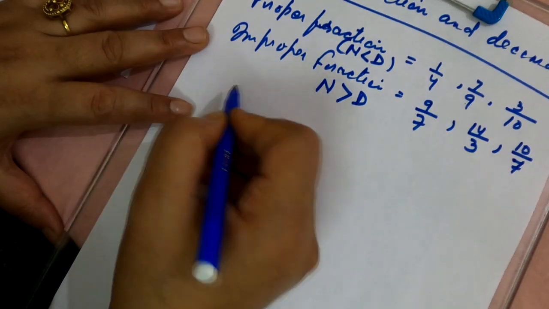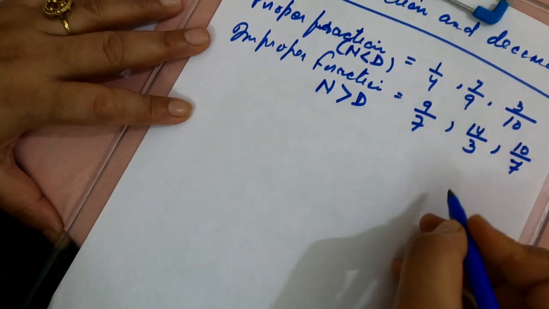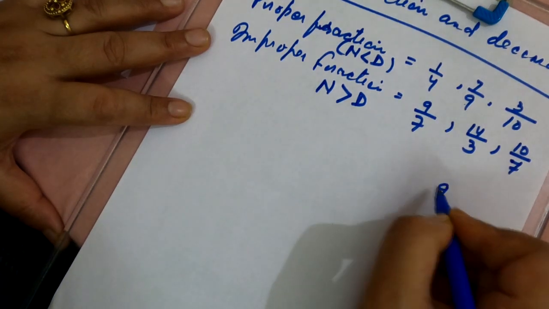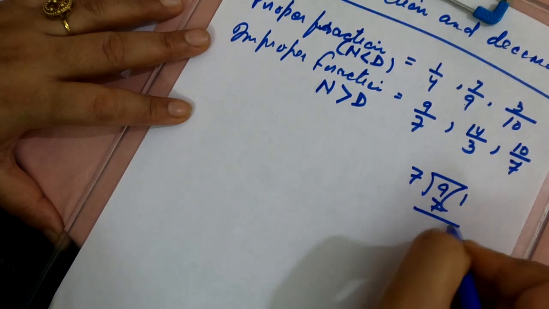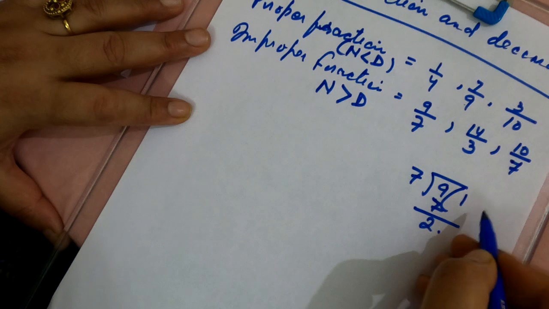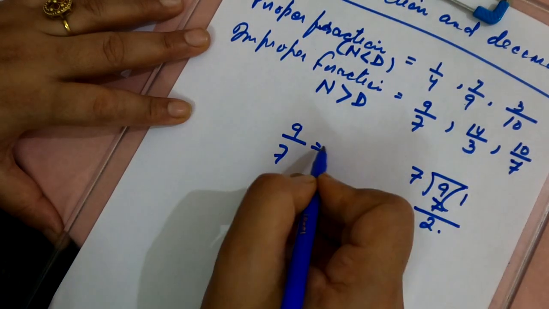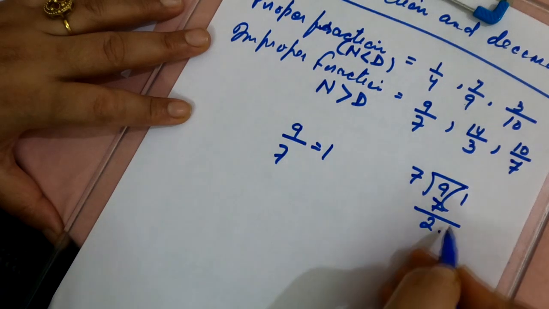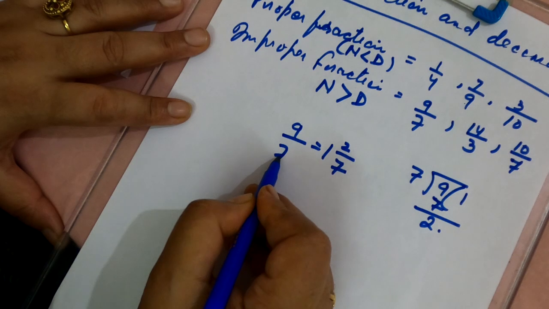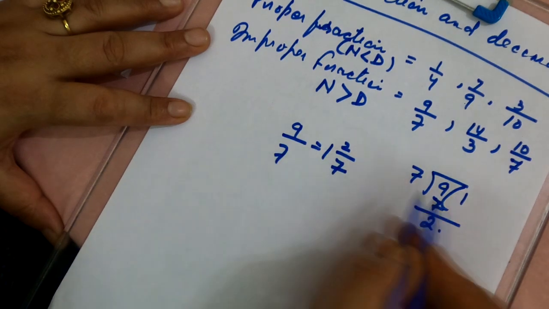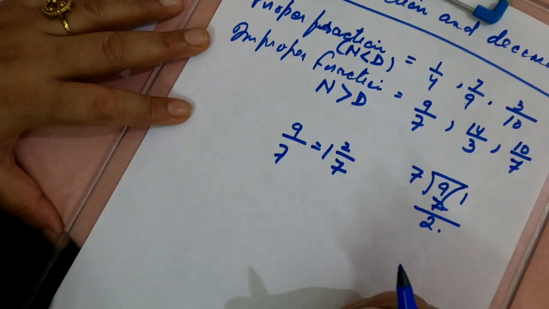Now improper fractions can also be converted into mixed fractions. How to convert an improper fraction into a mixed fraction? Let us see the first one. 9 divided by 7: 1, 7, 2. So we are going to write 9 upon 7 as, what is the quotient? That is 1, 7, 2 should be here and 7 should be in the denominator. 7 was in the denominator, it will remain in the denominator, and the quotient will come here and the remainder will come here. How to read this?